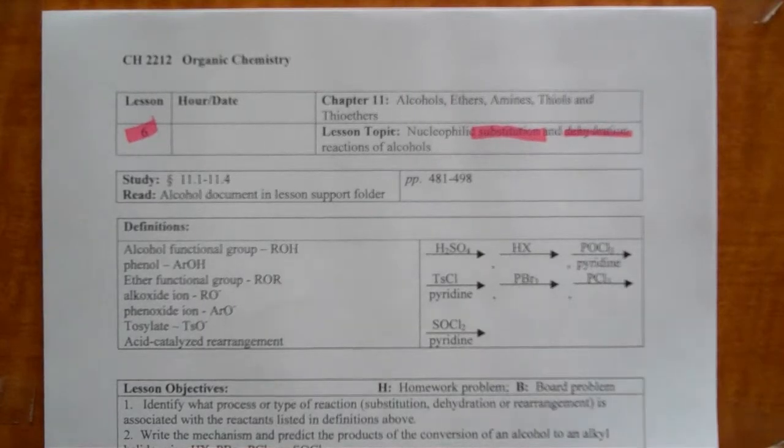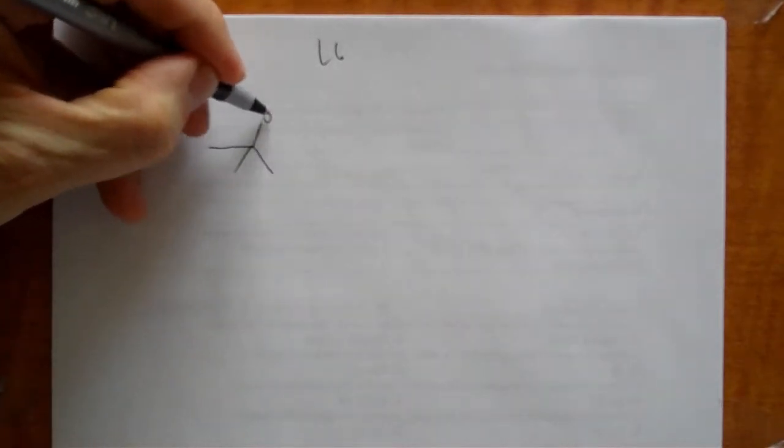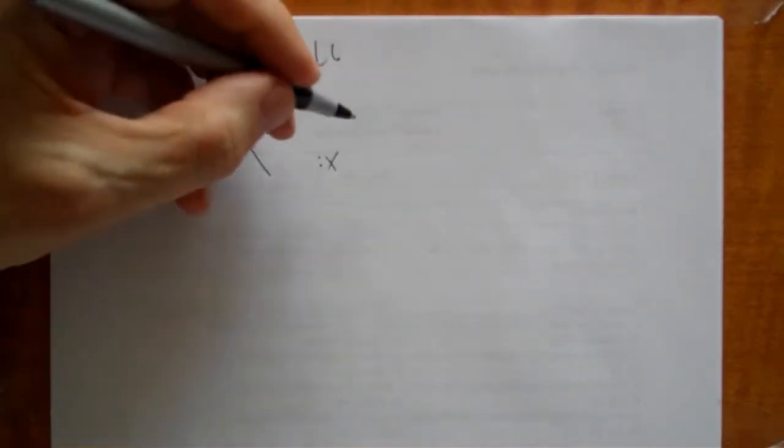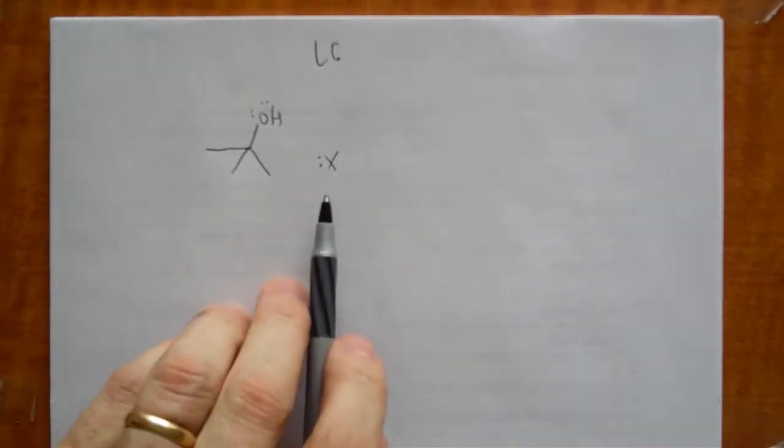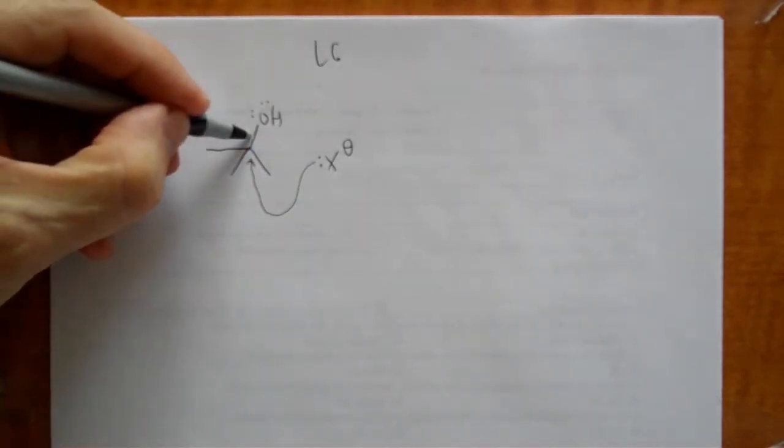Okay? So let's talk about lesson 6, substitution reactions. These are substitutions and dehydrations of alcohols, okay? So for substitution reactions, we've got a nucleophile, which in every case in this lesson is going to be a halide, right? So the root reaction that we have here, or the workhorse reaction, is that and that, which gives us,